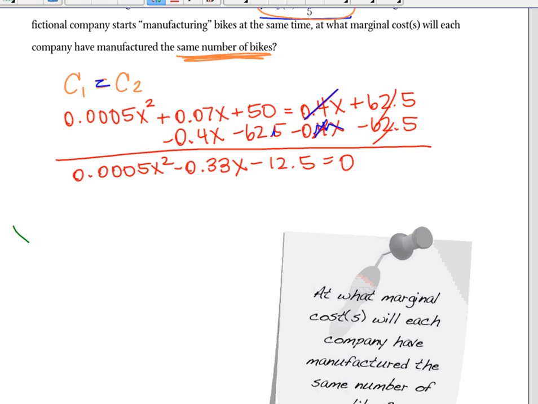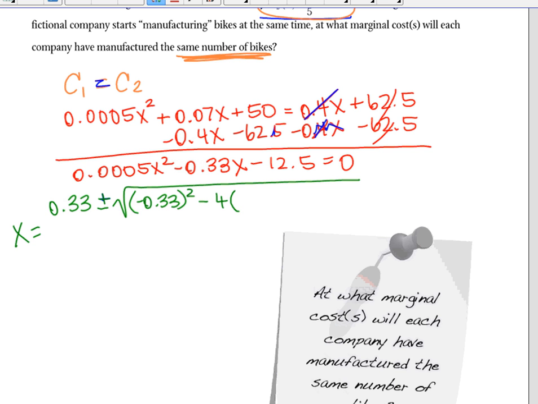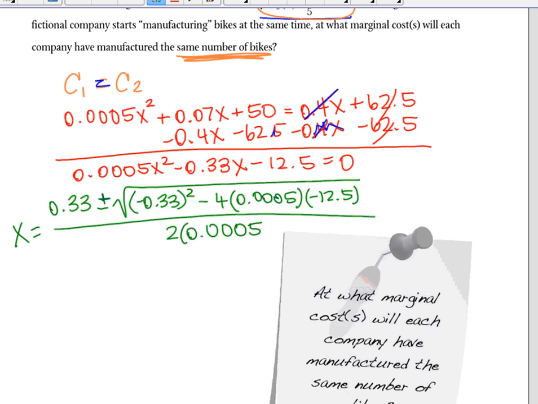So we have x equals the opposite of b, so a positive 0.33 plus or minus the square root of negative 0.33 squared minus 4 times 0.0005, that's your A, times negative 12.5 is your C, all over 2 times 0.0005. So watch it here, you guys, because there's so many zeros, you can definitely get lost. I'm going to calculate my discriminant first. If you put that in your calculator as is and very carefully, you're going to get